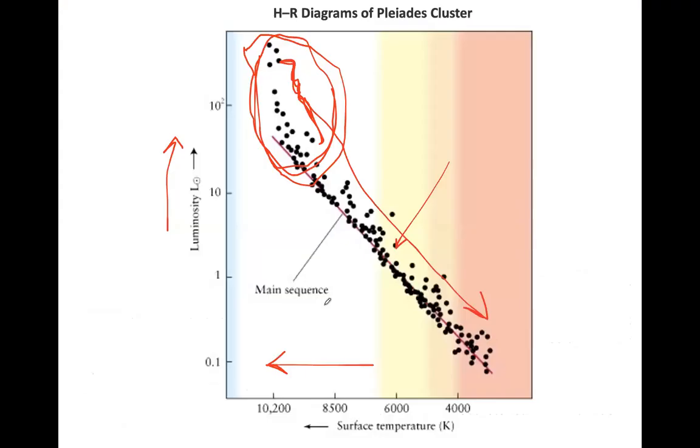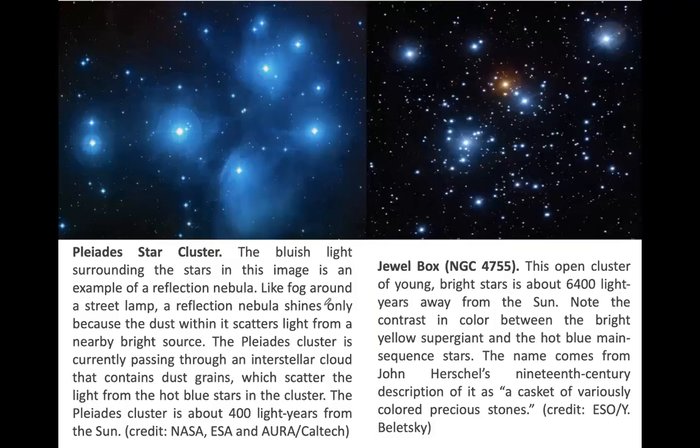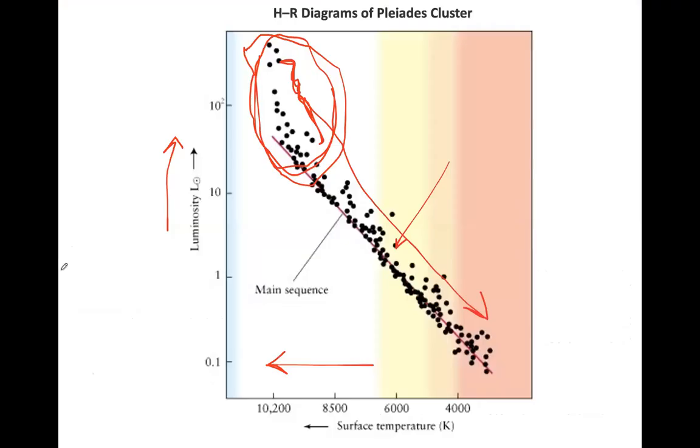Right. So I guess I have shown you before. This is the HR diagram of this particular cluster, the Pleiades star cluster, right? The star cluster that you see up in the night sky is the Pleiades star cluster. And if you can roughly assume that all these stars are at the same distance, you can measure the luminosity and the surface temperature.